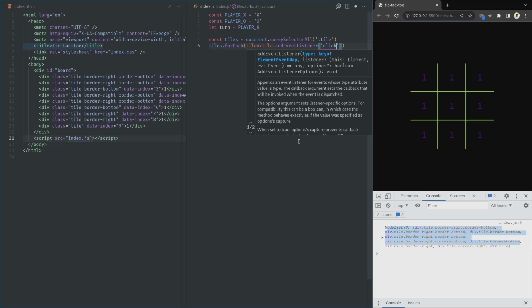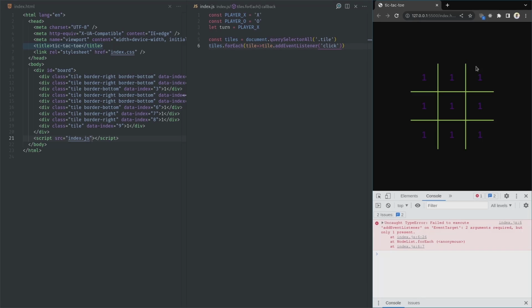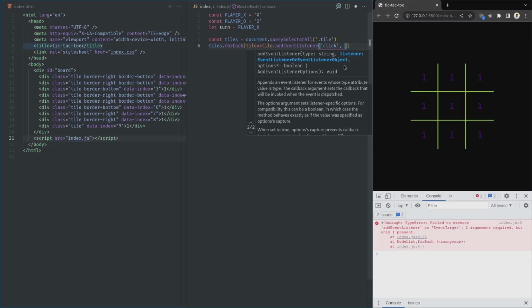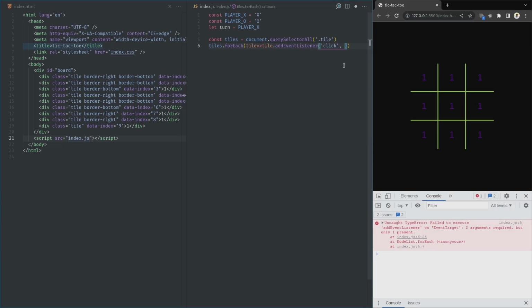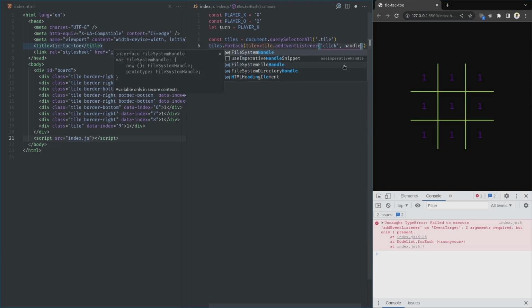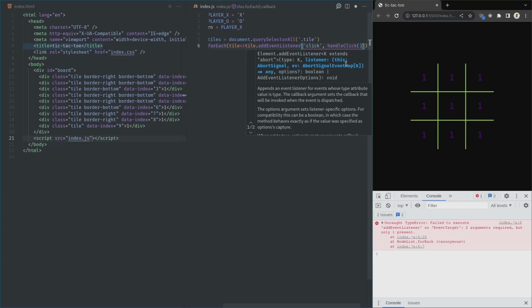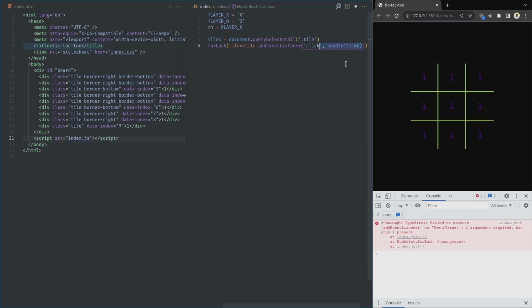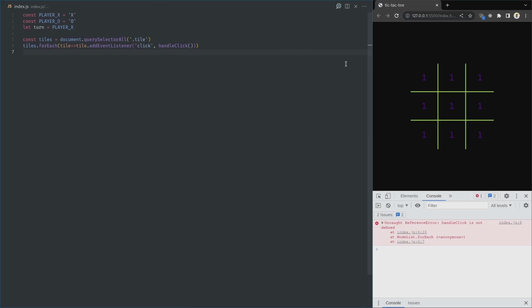So we're gonna listen to the clicks of each tile so we can do what we want to with them, and when one of them is clicked, we're gonna call the function named handleClick, and I'm gonna create handleClick in here. Let's close that down. Control V, handleClick is a function,